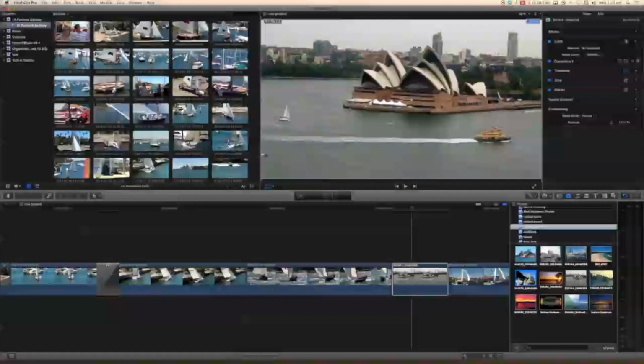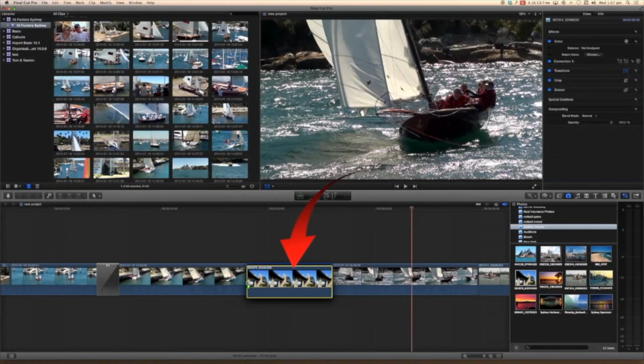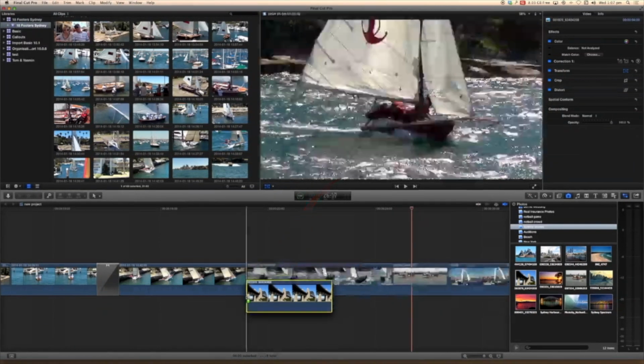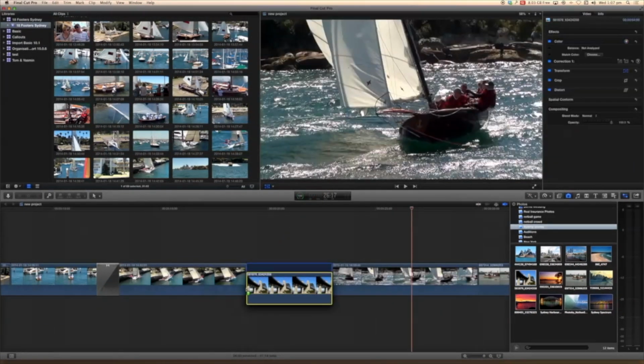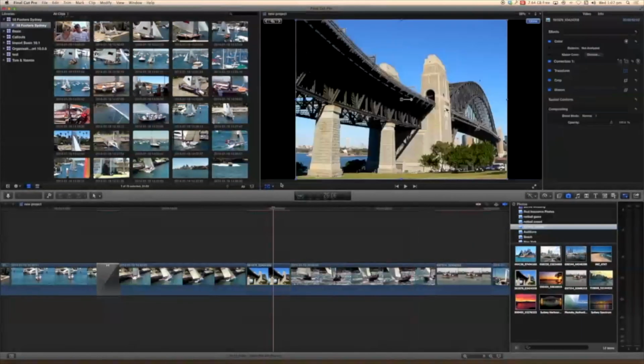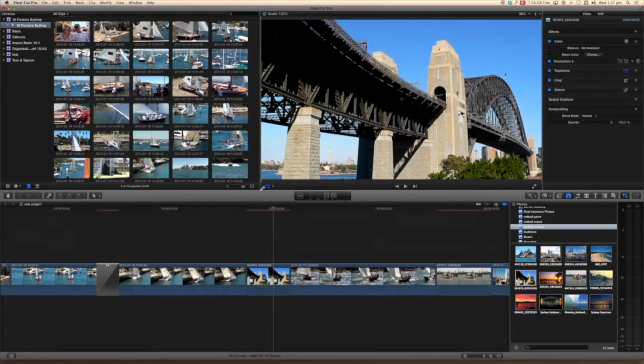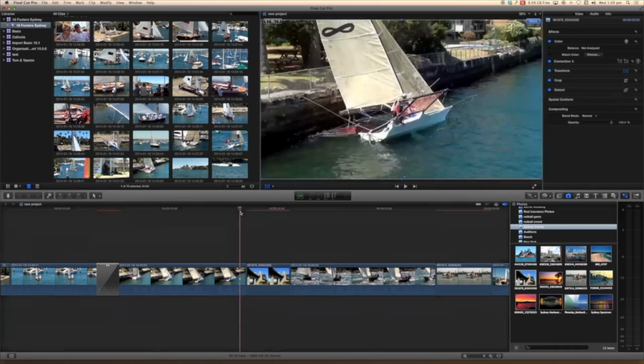And so if we drag that one and position it in between these two clips, you can see how it's going to pop in there. Shorten that. We'll come to it. It again doesn't fill the frame, so let's select the dots. And now it does fill the frame, so that when we play through it,